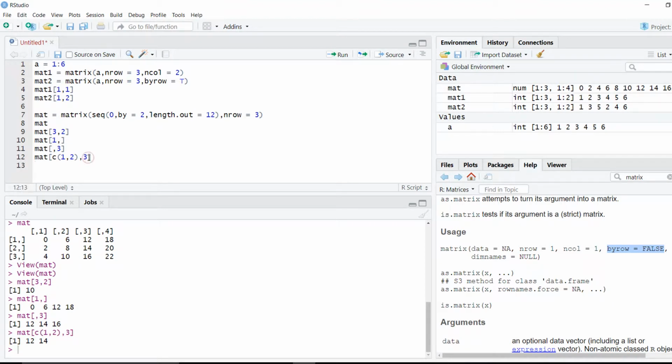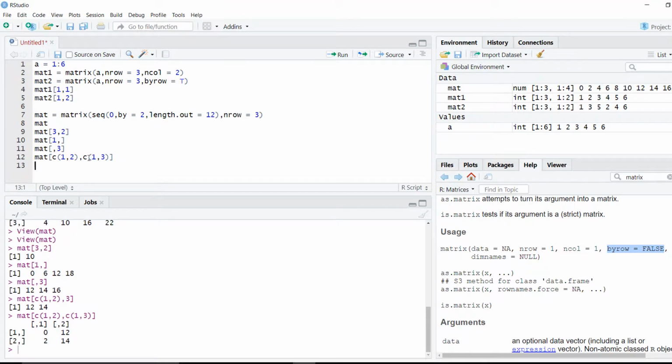Similarly, let's say I have first and second row, and in column I want first and third column. 1, comma, 3. Press Control Enter. We get 0, 12, 2 and 14. Now in this case, it has represented it as a matrix because it was easier to represent it as a matrix here rather than before, because we did not have any unknown or null values of other parts, right?